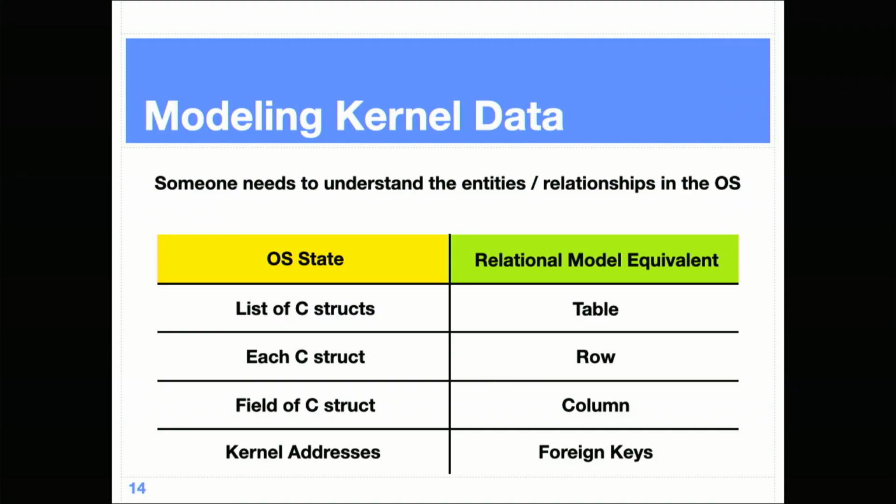And so when you think about what you have in the relational model, like a table, or a row, or a column, foreign keys are a little more complicated. I'm not going to go into that. They're basically the ability to point to something else in another table. But a table is just a list. In the kernel, it's a list of C structs, right? Struct proc, blah. In fact, struct proc is over 100 lines long, which really depresses me. So you have this list of structures. Each C structure is one row. Each field is a column. This maps exactly to the relational model. This produces a table every single time.